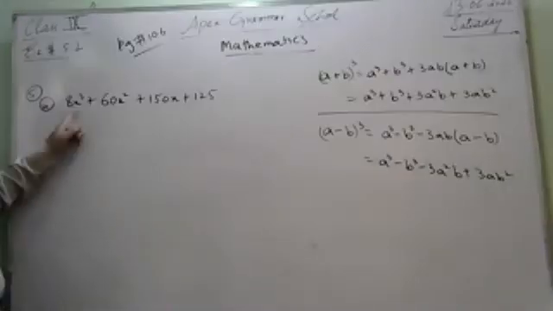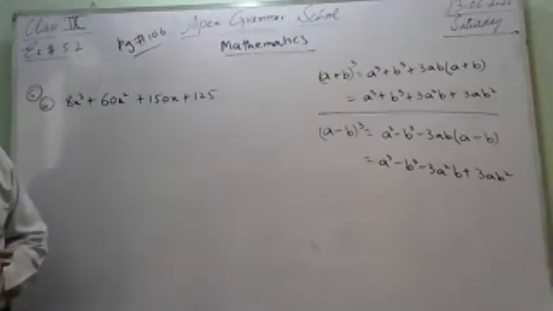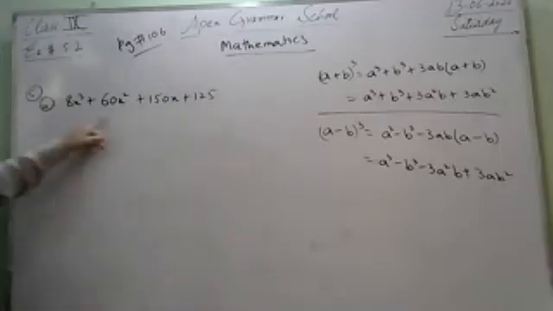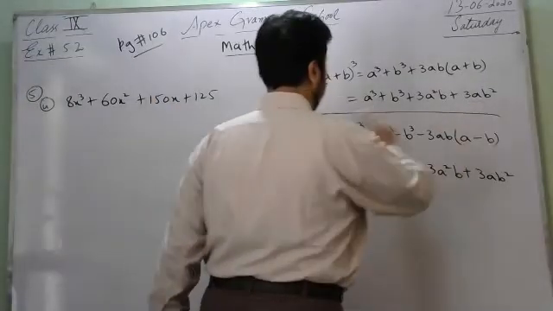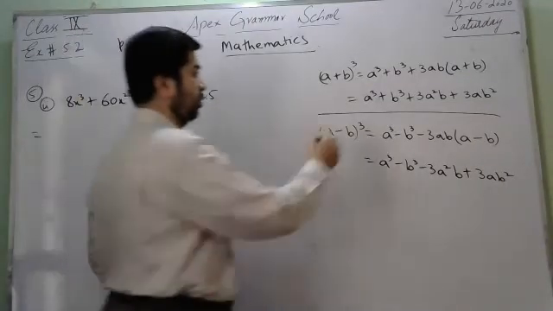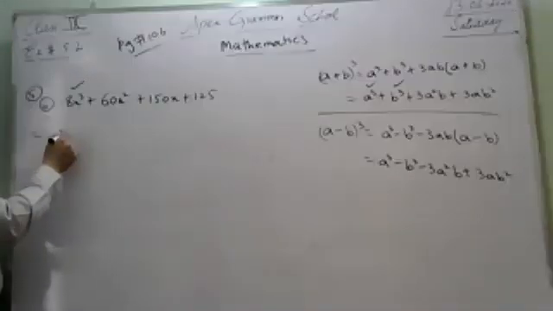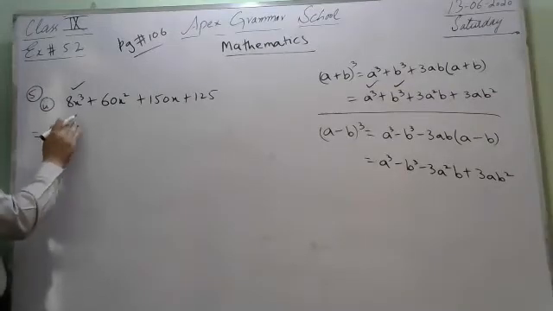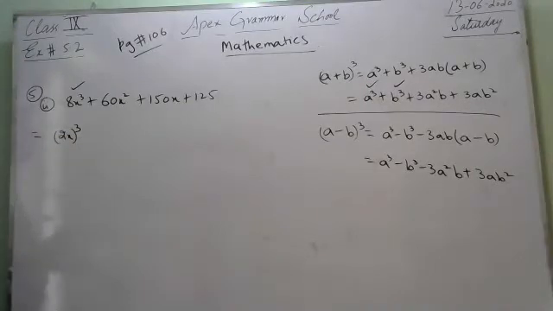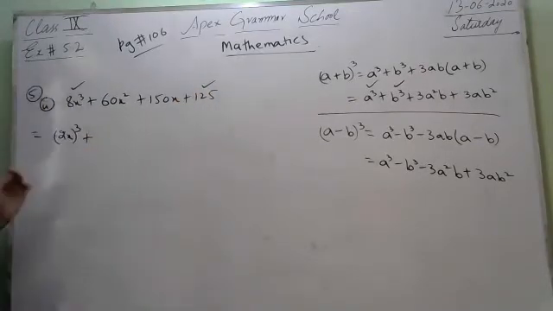You can see that this variable contains power 3, so it will be of the form (a plus b) whole cube type or (a minus b) whole cube type. You can also see that all the terms contain positive sign, so it will be this type. First, you have to find two cubic terms with positive sign, a cube and b cube. You can see that 8x cube is (2x) cube, because 2 cube is 8 and x contains 1 to the power. This is a cube. After that, you have to find another cube with positive sign, which is 125. So 125 is 5 cube.